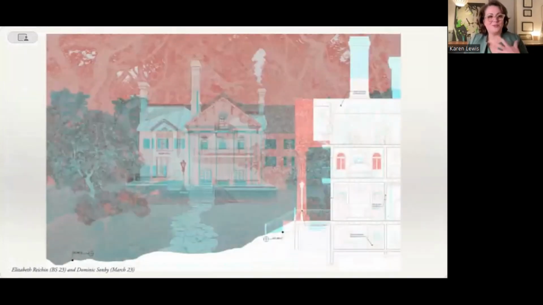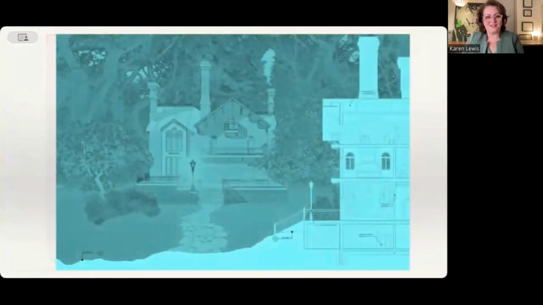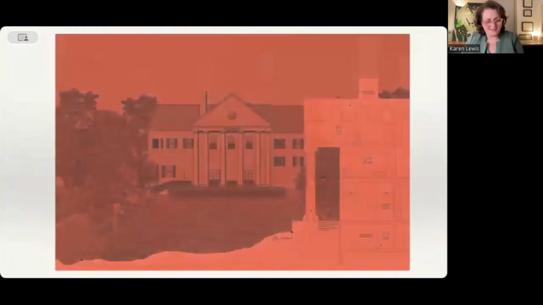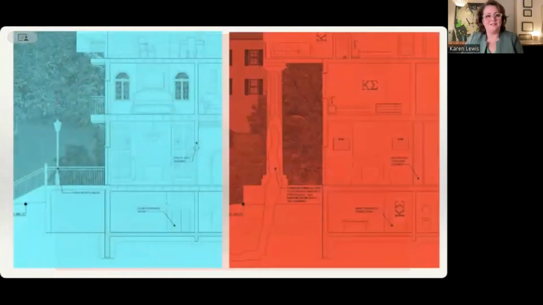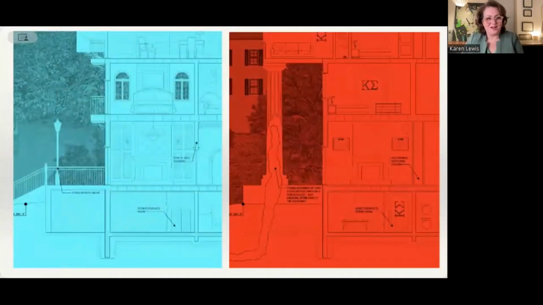My students made this really wonderful drawing where they were trying to see the 2 houses, like the house within the house, or one house wrapped in the identity of another house. And this trick was really kind of fun. They used this red and blue drawing trick, which you can see here, in blue is the Swiss house, and then in red is the fraternity house. And then you can look and see how one house used to be for a 19th century family, and now the house is for a 21st century